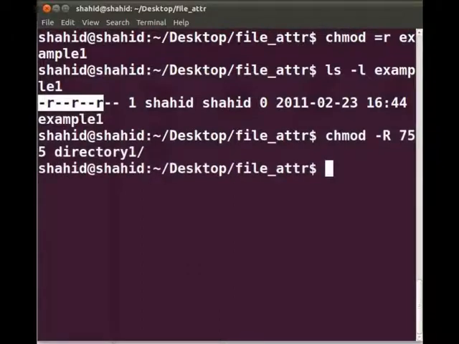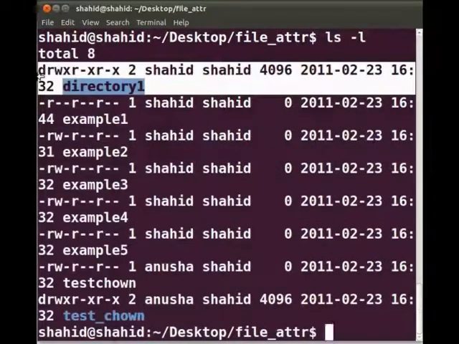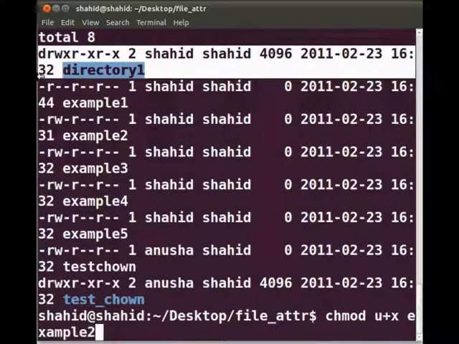Now type ls -l. Press enter to see the changes. To give the user execute permission on file example2, type the command chmod u+x example2.